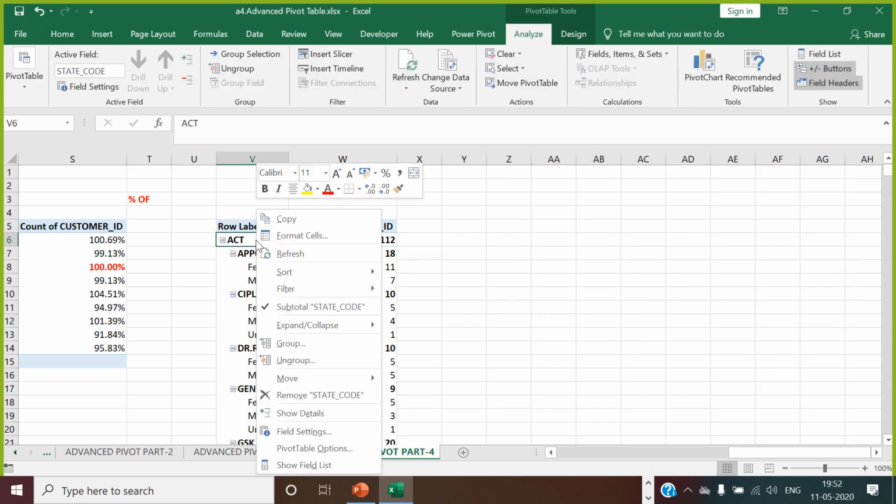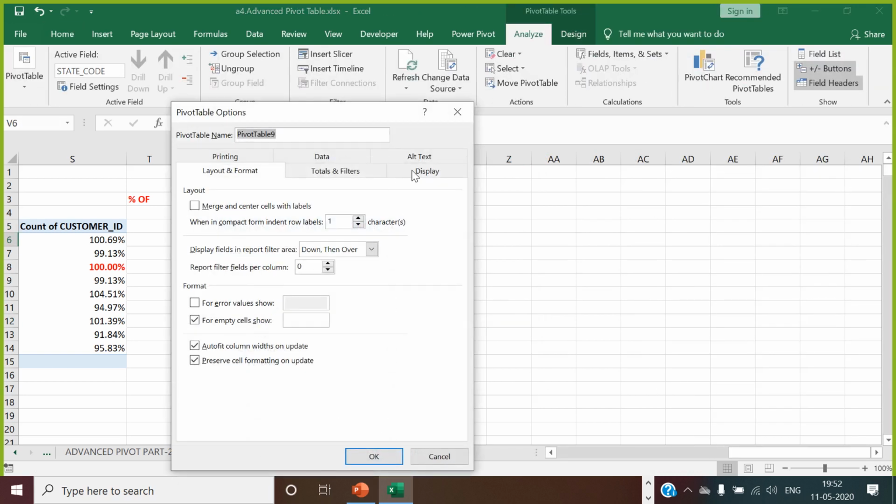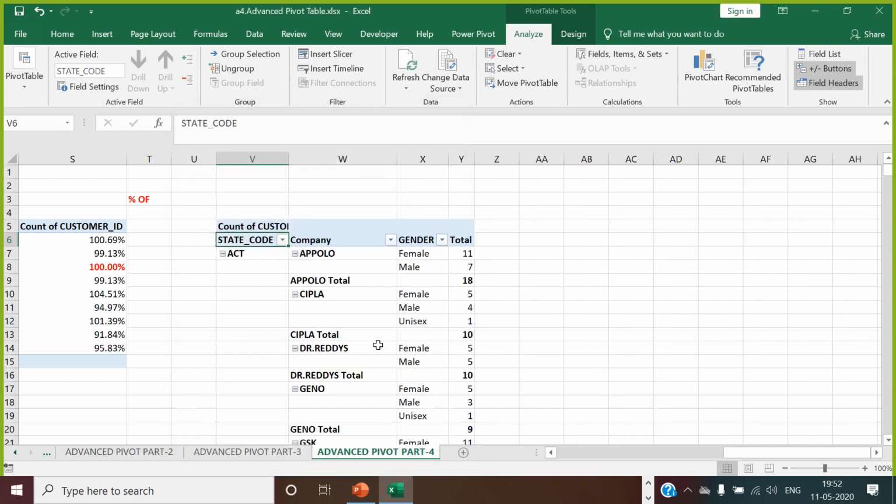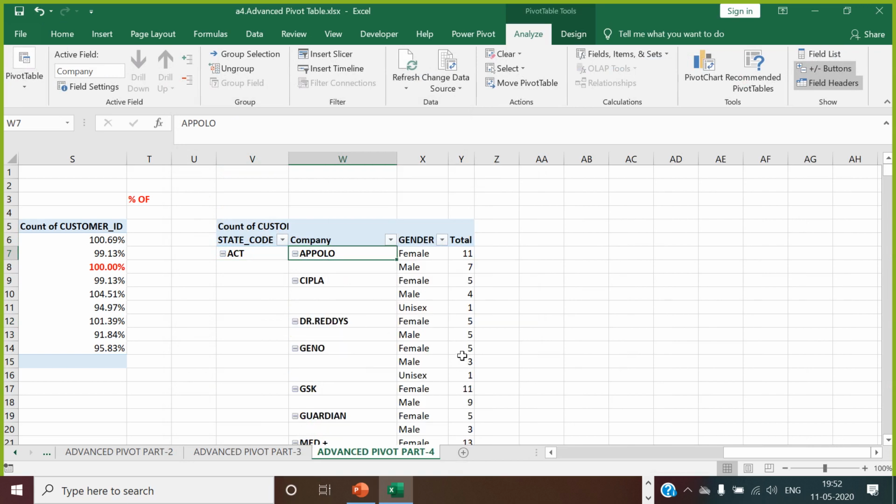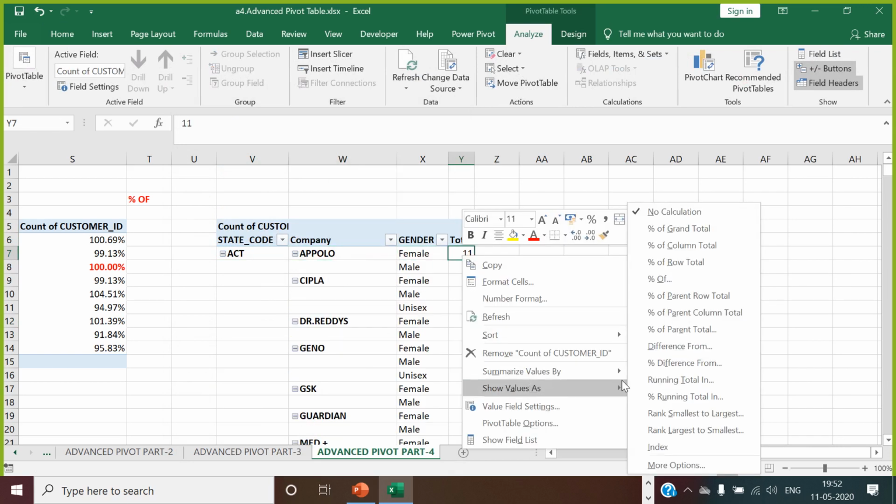So how to make this separate now? Pivot table options, display, make it a classic pivot table layout. Right click, untick the subtotals, right click, untick the subtotals. Now in this, what you do here, you say show value as percentage of the parent total.